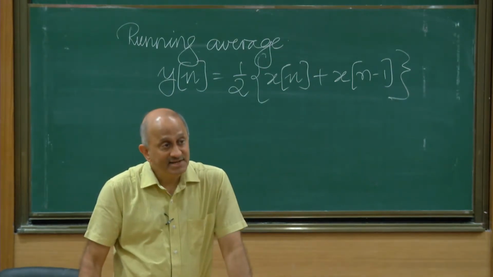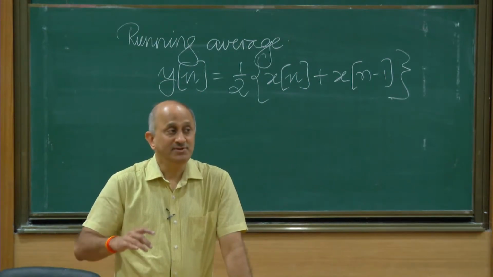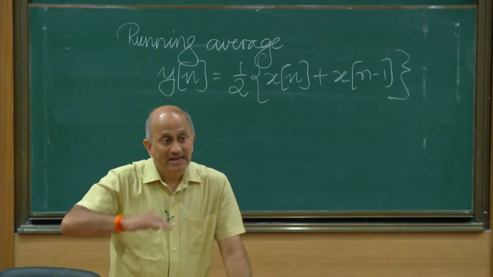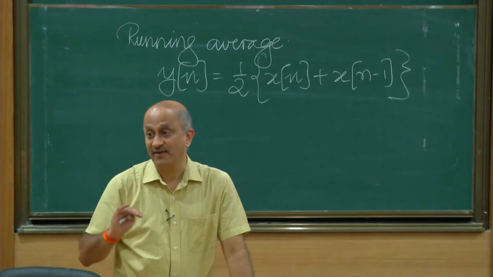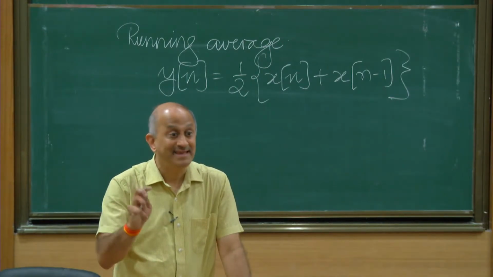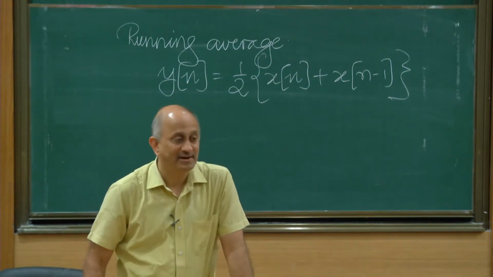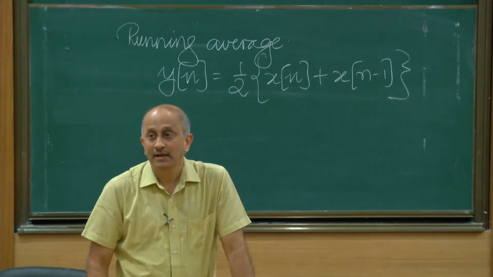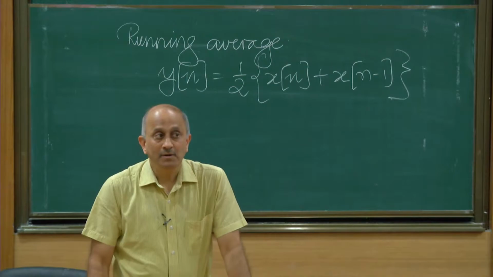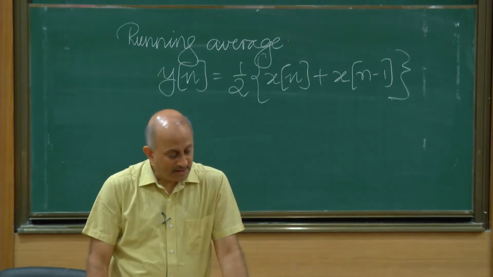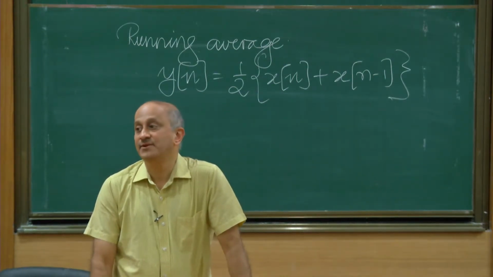The third interpretation can be that you wish to see what is slowly varying in the data as against fast varying. But that third interpretation is something that we can only see with a little more work. We are going to do that work after a while. Now, let's look at this system from a slightly different perspective.